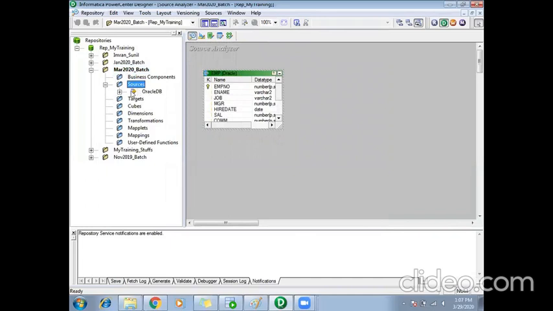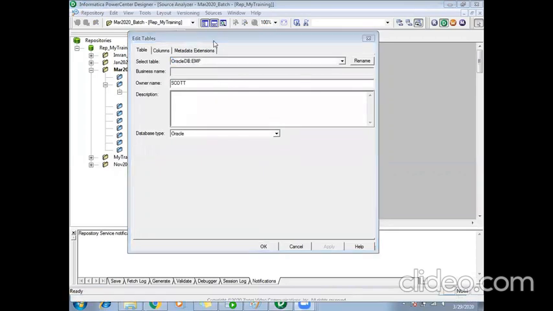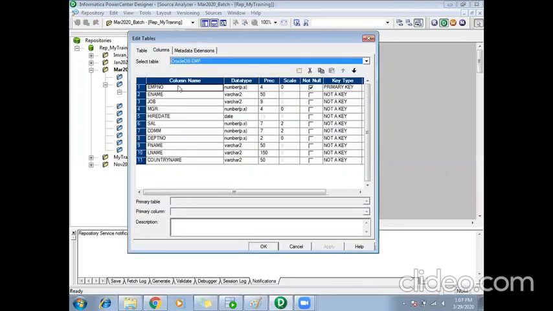We have a source folder there, I can see. So for Oracle DB, EMP is the database source created. It takes the name of the table itself. Now, if you want to edit anything in this, you can do it here. You have privileges, so if you want to add a column or delete unwanted columns which are not required for your report, you can do it here.